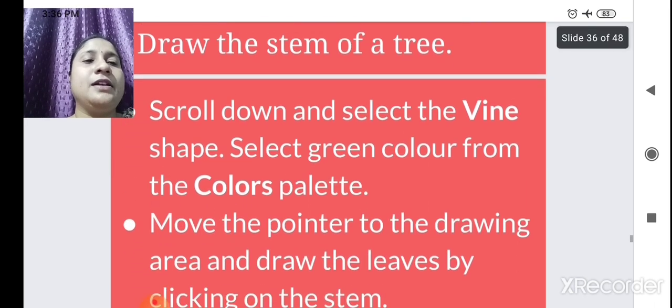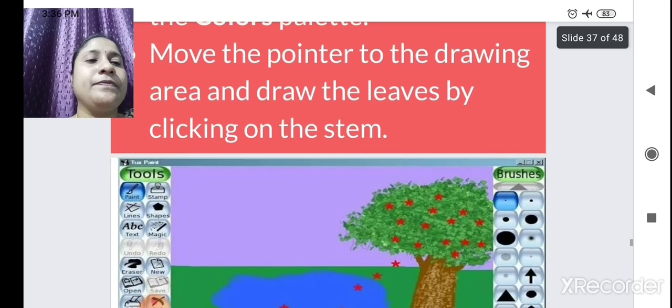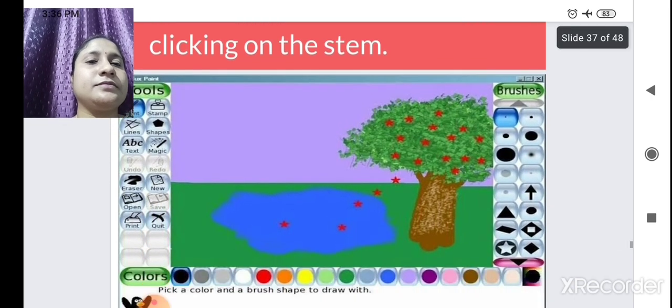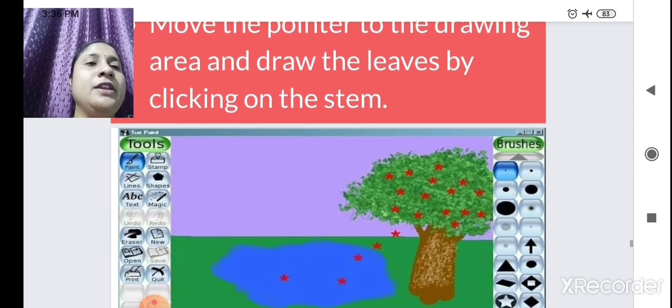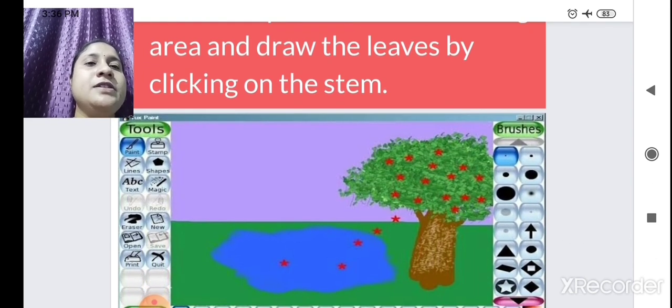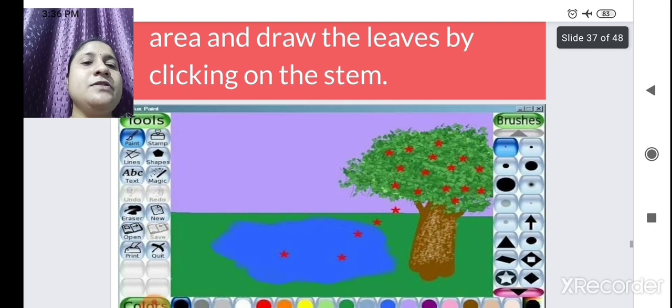You have to select a color for the petals. In the tools we have seen a paint brush. With the help of the brush we have given different colors to the trees. Then we have seen the bark of the trees in color. We have drawn leaves and flowers, and we also give them different colors. We click on the stem and give the stem brown color. With the help of this we can do it.